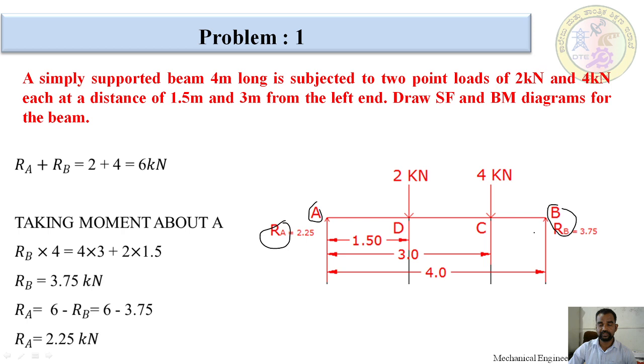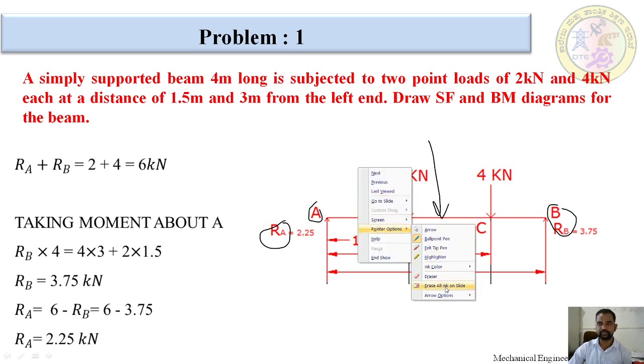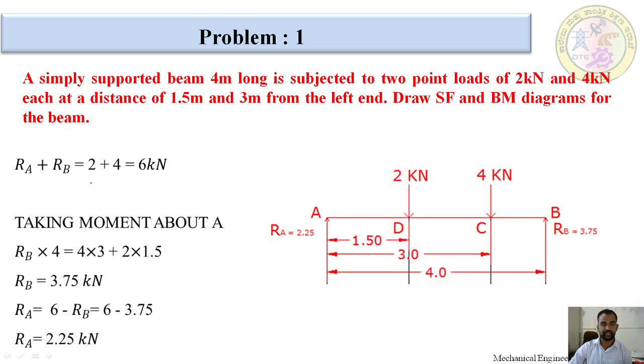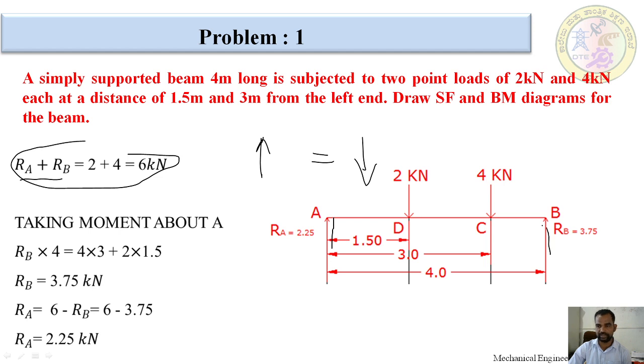There will be one support at A and one at B. The condition is that wherever a support is there, there would be a reaction when the load is applied to the beam from the upside. Firstly, how much are RA and RB? For this calculation, we use forces only. Upward force is equal to downward force. RA and RB are upward forces.